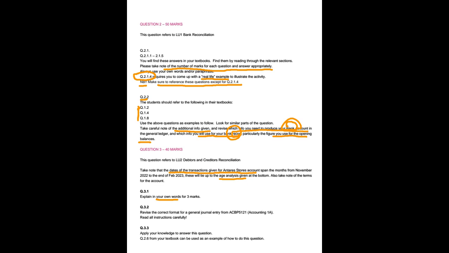Then question 3.2, revise the correct format for a journal entry from your accounting 1A, so from 5121, is where you were introduced to, remember in 1A you did all of your journals, your cash books first. We did the 3 different cash books, and then you did credit entries and sundry entries. So remember, sundry entries